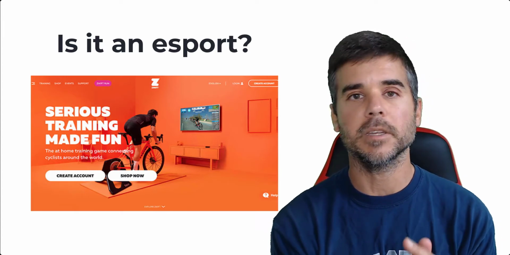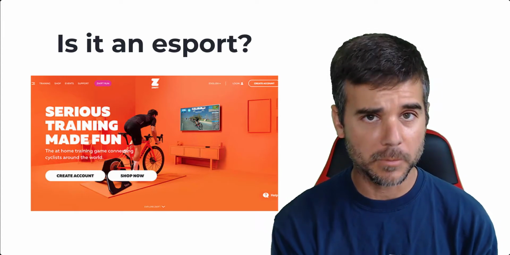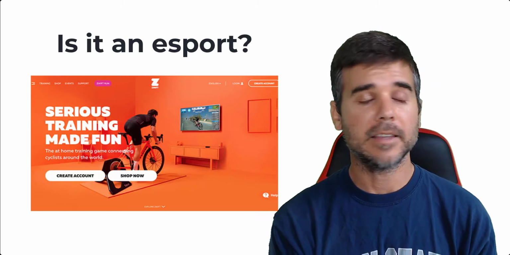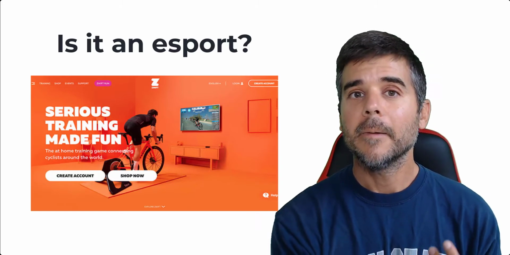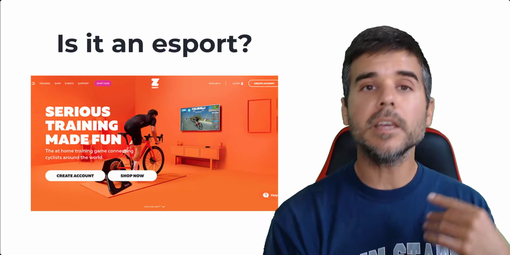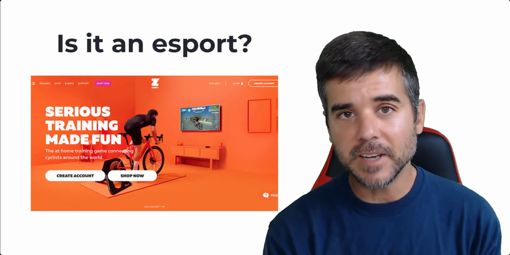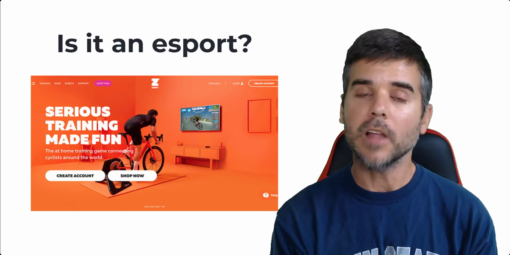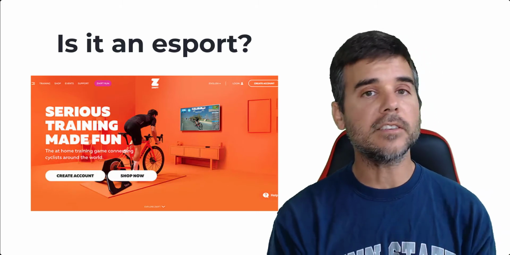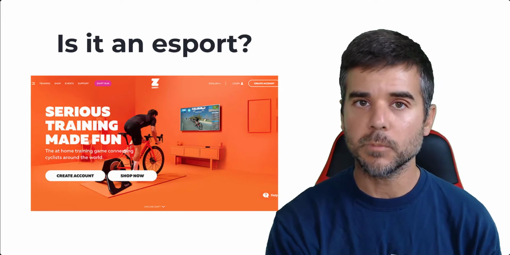Why? Accessibility. Now, I personally hate playing on a mobile device. I really do. I think the interface is terrible. I hate playing on a small screen. I hate looking at it. But when you talk about global accessibility, more people have phones than anything else, than good high-end gaming PCs across the world. So there's a lot more people with phones. So accessibility is a huge thing when we talk about esports popularity.